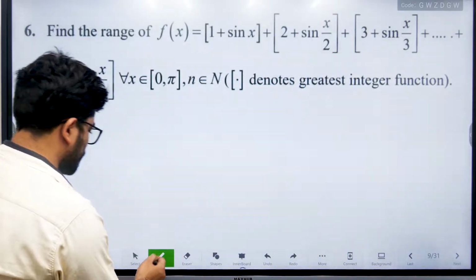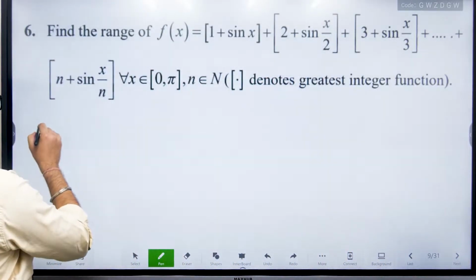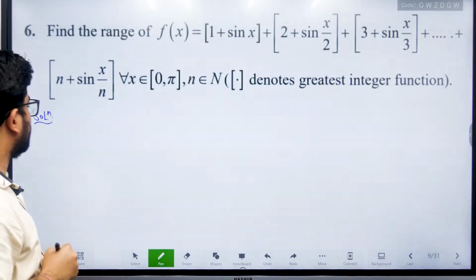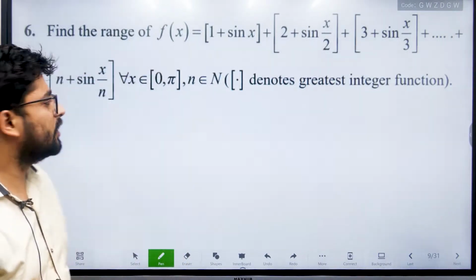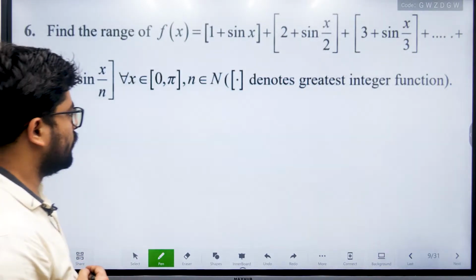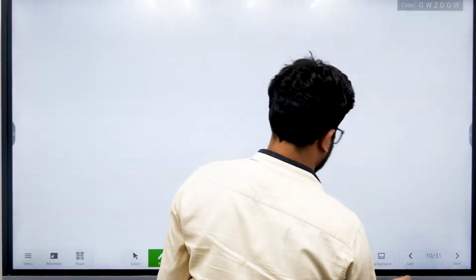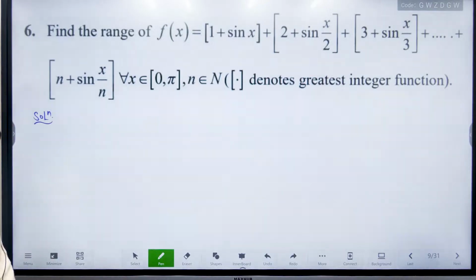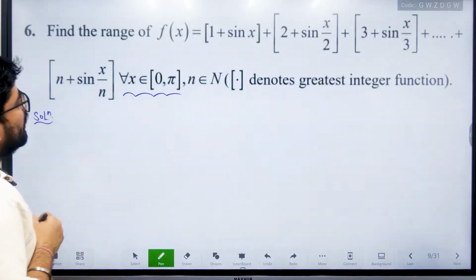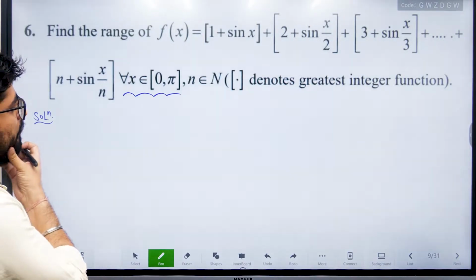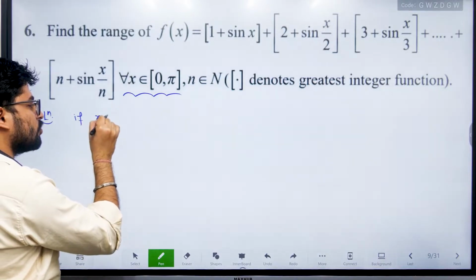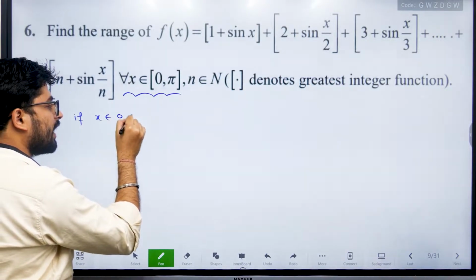The next question is: find the range of f(x) equal to this one, where this is your greatest integer function. So x belongs to [0, pi], and you have to find the range of your function. Okay, so if we discuss the cases here, if x belongs to the open interval (0, pi),